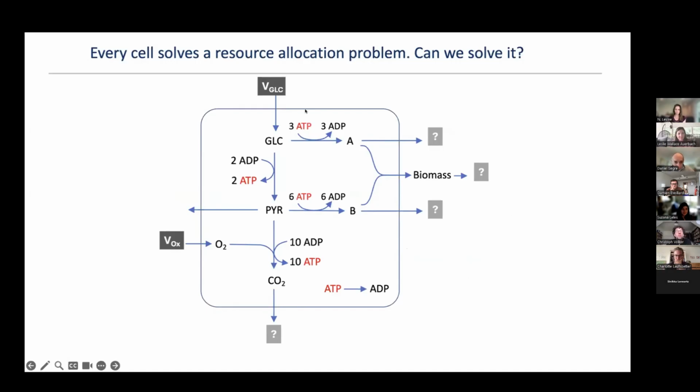This is just a very rudimentary representation of metabolism in a heterotrophic bacterium. You can recognize here glycolysis generating some ATP, going from glucose to pyruvate. There is a mock respiration that generates even more ATP with oxygen coming in. And these two reactions represent the production of biomass components. Here are arbitrary molecules A and B that cost some ATP.